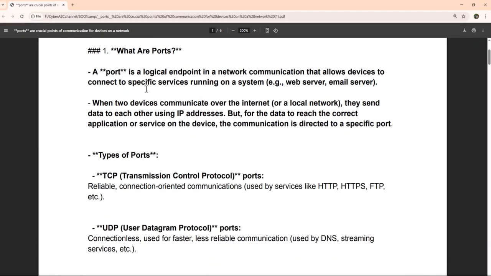What is a port? A port is a logical endpoint in a network communication that allows devices to connect to specific services. You have HTTP that you want to run to access an internet service. It goes through a particular port running on your system, for example, the web server or the email server. So when two devices communicate over the internet or even on a local network, meaning your home lab setup,